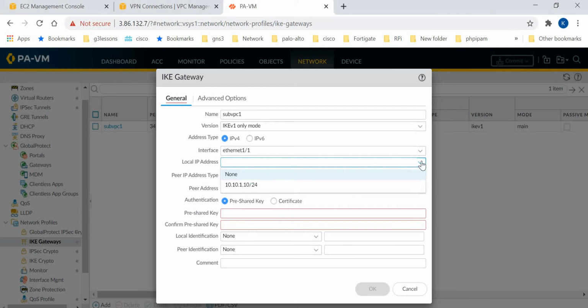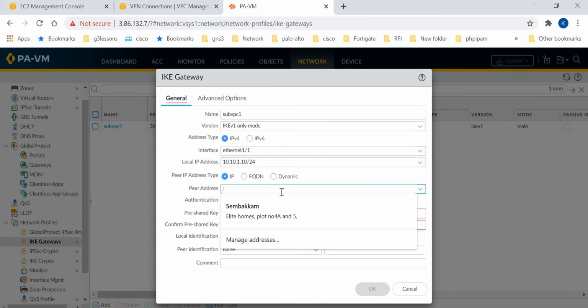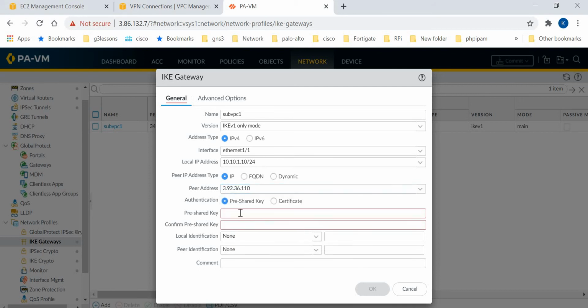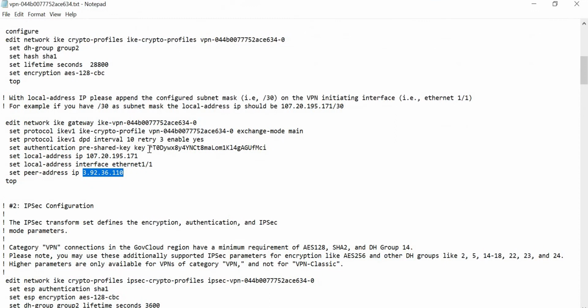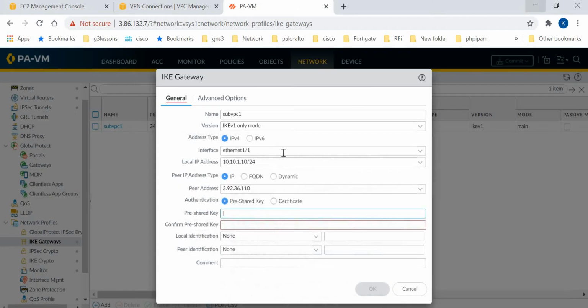So paste the peer IP address. Then you have to paste the pre-shared key. Copy the pre-shared key from the file. Okay, copy it. Paste here. Paste again for confirmation. Okay.